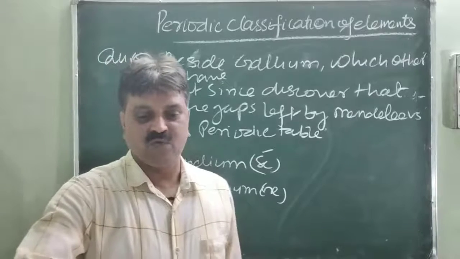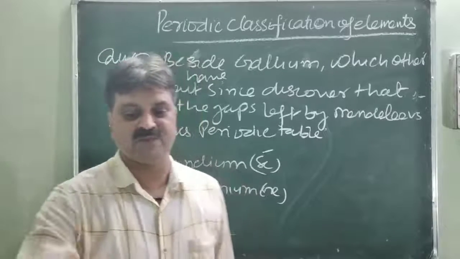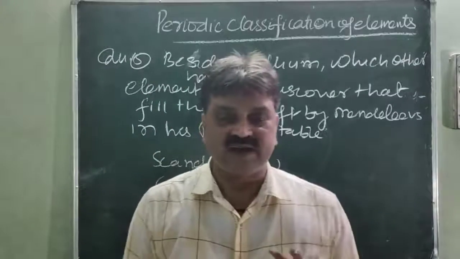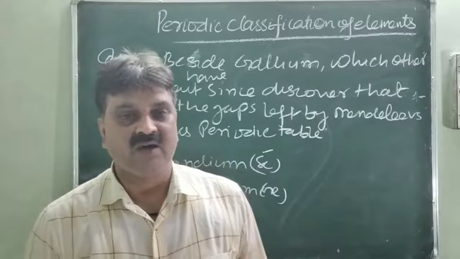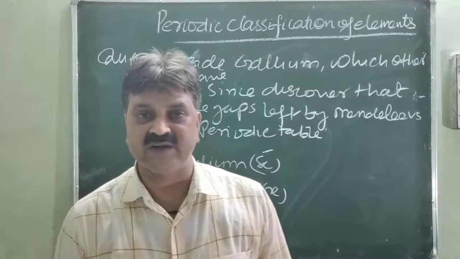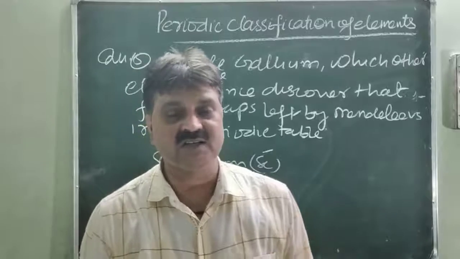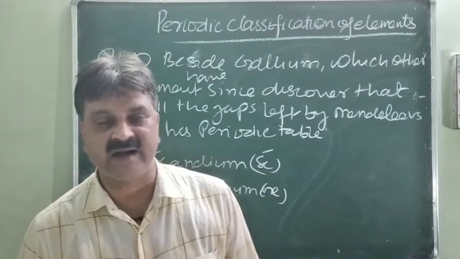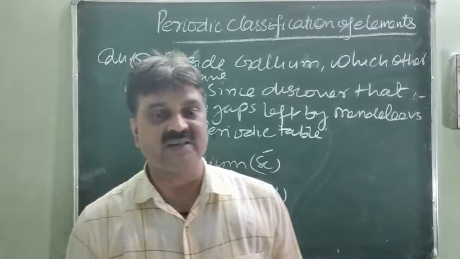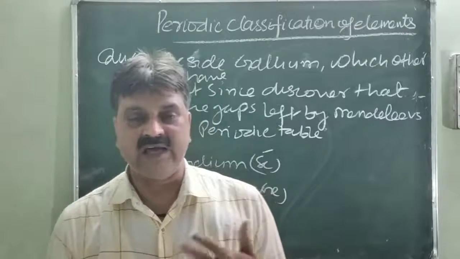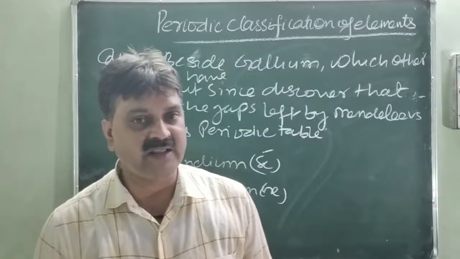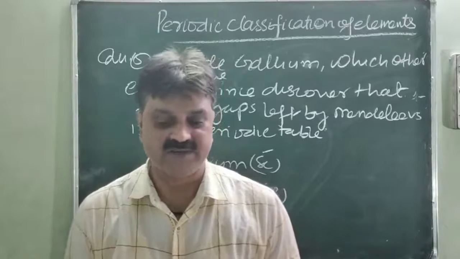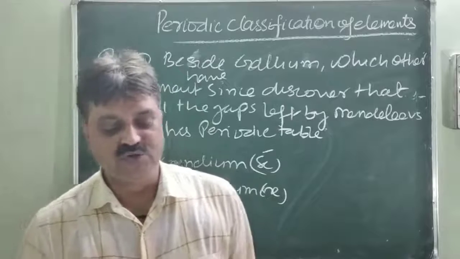Next question, question number 6: what were the criteria used by Mendeleev in creating his periodic table? So the criteria Mendeleev used to arrange the elements were the atomic mass, increasing atomic mass, as well as the physical and chemical properties like the hydride and oxide of the compound. So these are the criteria. Physical and chemical properties as well as the atomic mass were the criteria to make the chart and fill the elements in the periodic table. Is it clear?